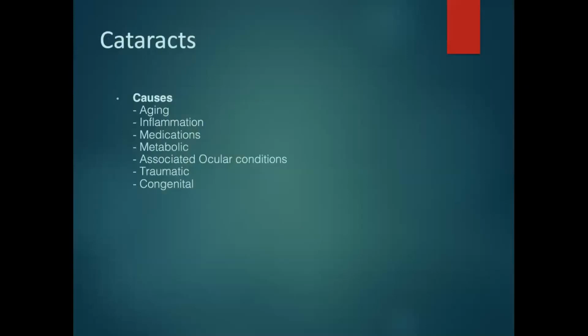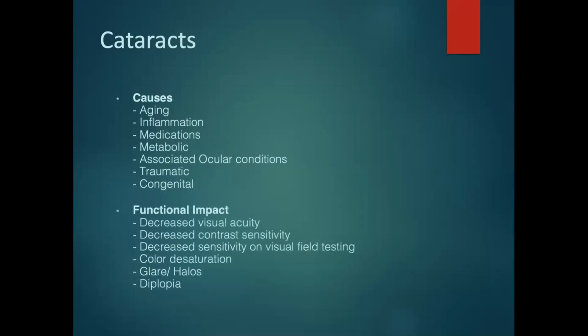Many different causes for cataracts. Aging is obviously the most common one, but everything from inflammation, medication such as steroids, for example, metabolic disorders, various other ocular conditions, traumas, congenital disorders, all can cause cataracts. The important thing to know is that cataracts can affect your vision in many different ways. Everything, so obviously,